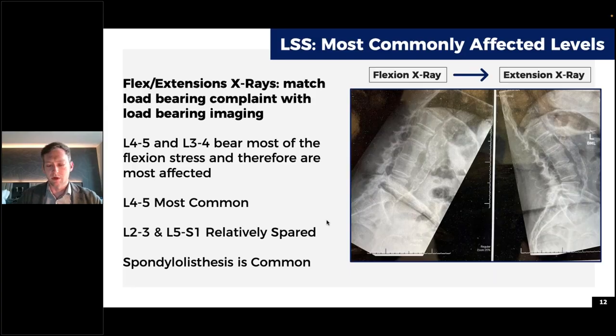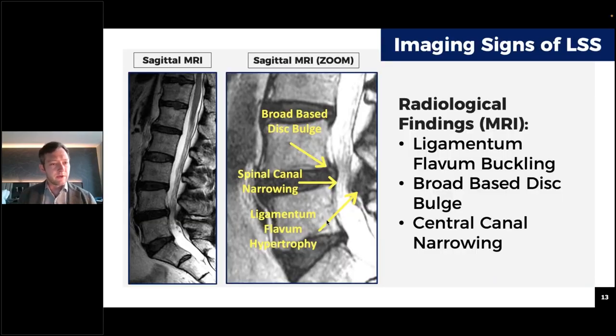And of course, the radiograph won't give you a great indication of the degree of spinal canal stenosis, if any, but gives you a great understanding of any sort of dynamic instability and the spondylolisthesis. And so looking at the MRI, really our workhorse for imaging in our spine care patients.